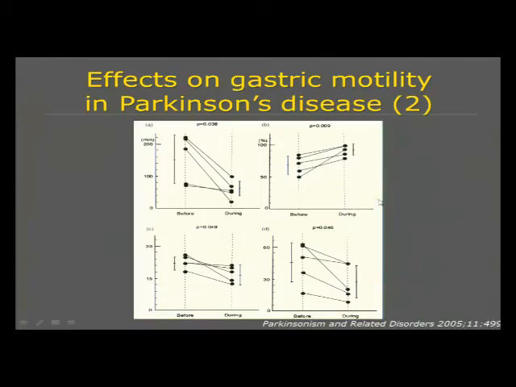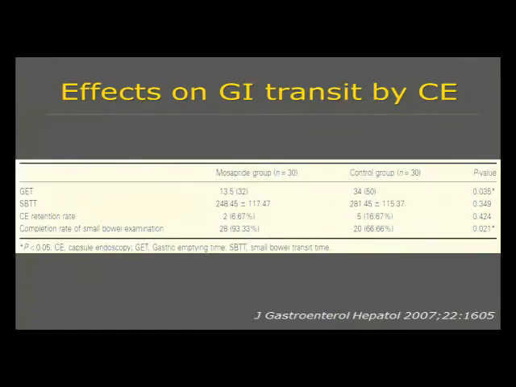In conclusion, despite the small number of patients enrolled in this study, the results provide the first clinical evidence directly showing that increased gastric emptying and motility during treatment with a selective 5-HT4 receptor agonist reduce response fluctuation and improve motor functions in Parkinson's disease. Here is the effect on GI transit by capsule endoscopy. To determine the effect of oral mosapride on gastrointestinal transit time and the diagnostic yield of capsule endoscopy, 60